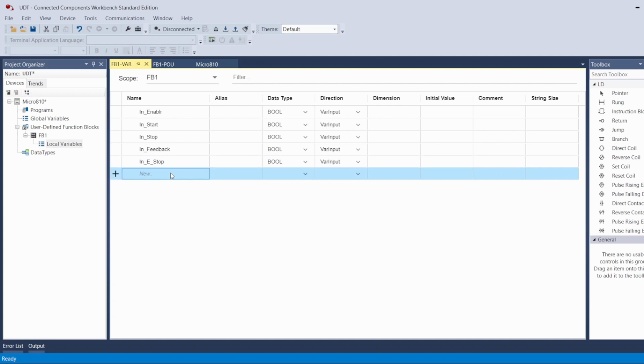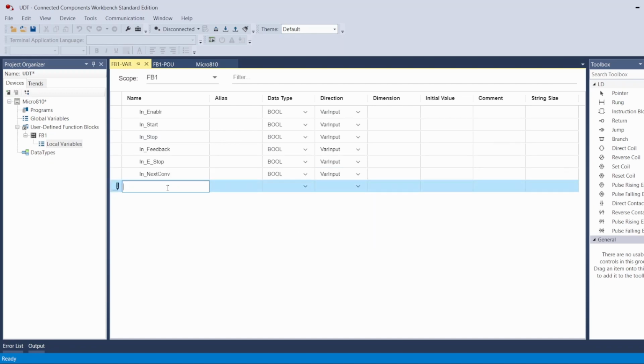And also, like we said, we need to make sure the next conveyor is good. So in next, let's go next conveyor is an input. And in some situation, in case you want to look at the previous conveyor, let's add it. In my example, I will not be using it, but I will show you